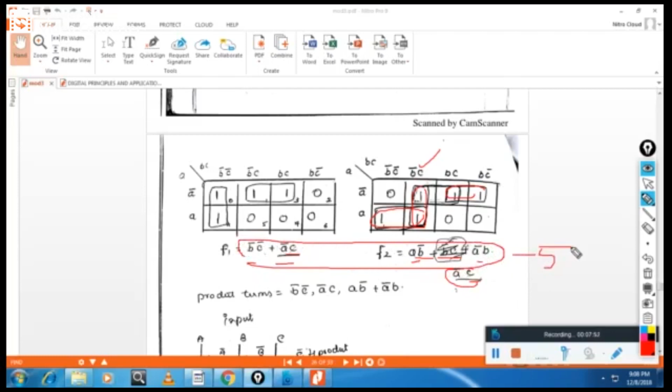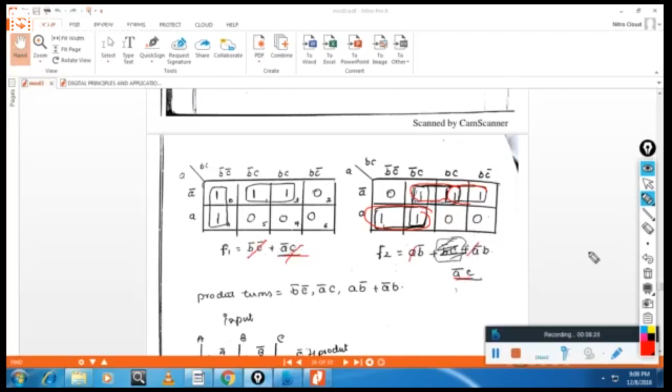That's why what we did is grouping. Sometimes they will say implement this one by using 3 into 4 into 2. That means you have to use 4 AND gates only, not more than that. While grouping here, dear students, please see, we did grouping like this. One group is like this, second group like this, third group like this. If you do like this, you will get one common term. So total number of terms is 1, 2, 3, 4. That you can implement.